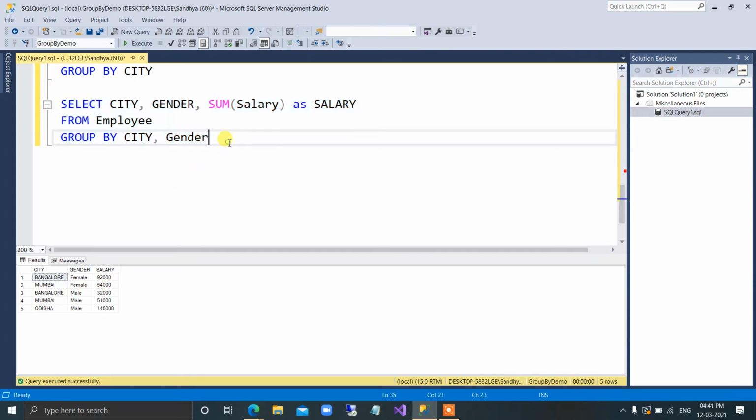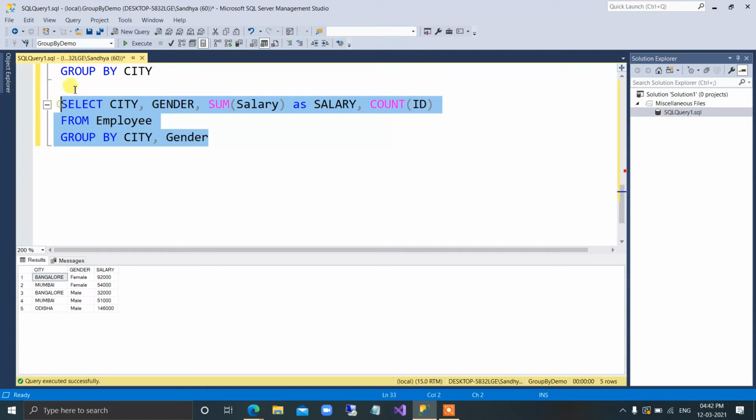So if you want to find out the total number of employees, what will you do? Suppose here you have city, gender, salary. At the same time, I want another column, total employees, to be present in the next column. Already I am grouping by city and gender, and right now let's find out the total employees present. Suppose female, how many female employees are there? If I want to find out, I can simply use the count aggregate function, and here I will mention any column, count ID. So count ID will give me the total IDs present in a particular group.